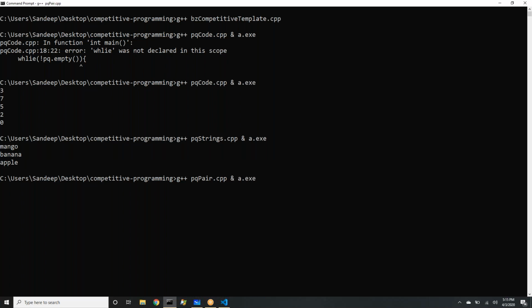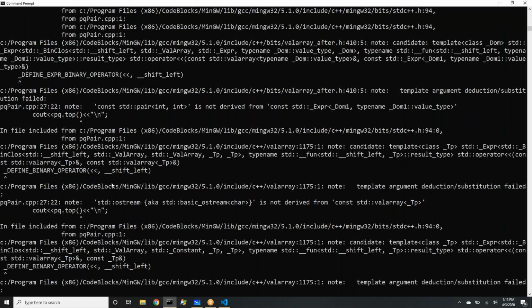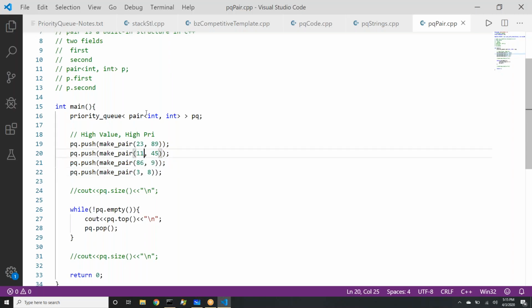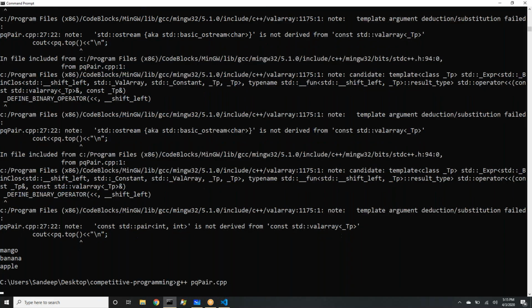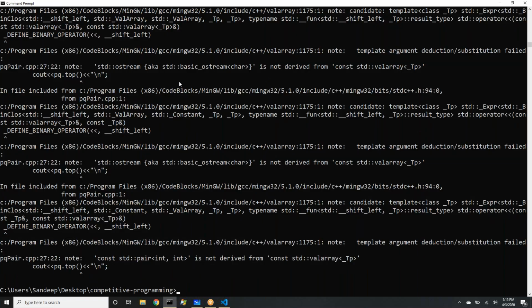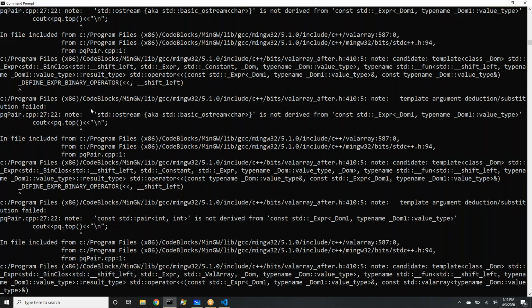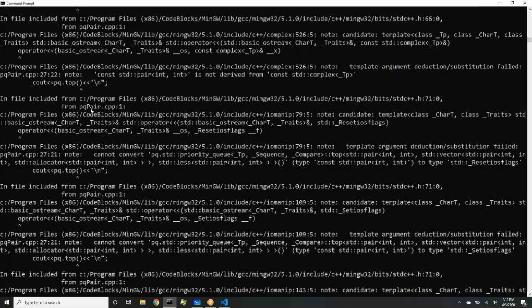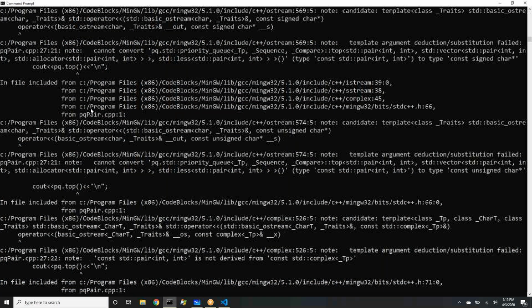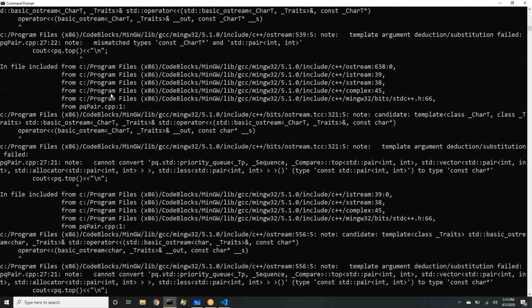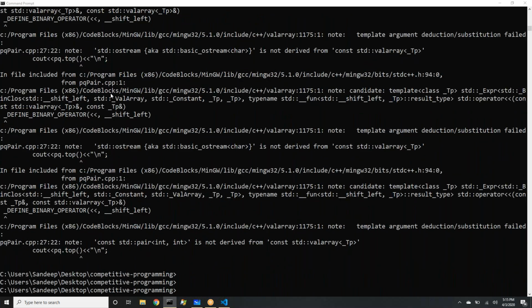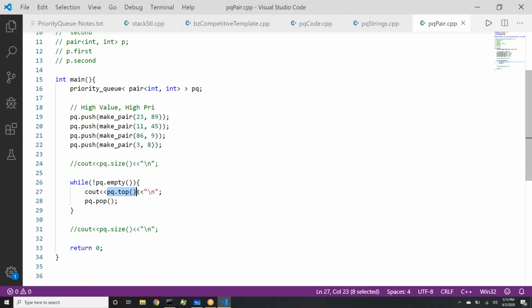And again, we run it, a.exe. Oh, I made some mistake, it seems. Let me see. Make pair, we have put a priority queue of pair. Let's first compile it, pq of pair, and let's see what compilation errors we are getting. Yeah, this is the problem with STL. It gives such a big log that it becomes sometimes hard to scroll and understand what it is saying. It says mismatch type top. Okay, why? Yeah, so got the point. See, top function is erroring out, because this time top is returning a pair and cout doesn't know how to print a pair.